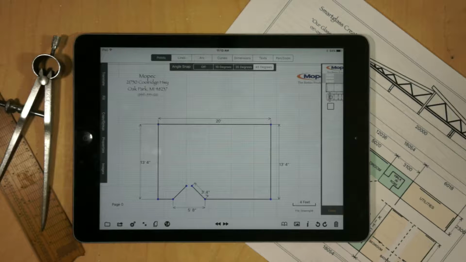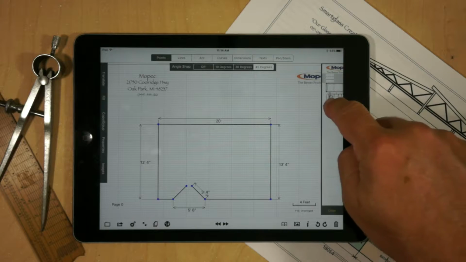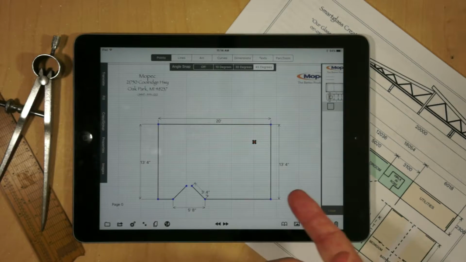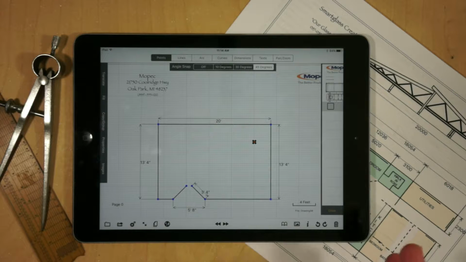Just as a background, Mopec's business model is that they create operatory equipment for mortuaries, which are typically located in the basement of hospitals, etc. And the issue there is that in the basements there are a lot of impediments to just putting in square objects, and so you have, for example, beams that pop up. And so I've created a small beam. This is a 4x4 beam that actually shows up within the